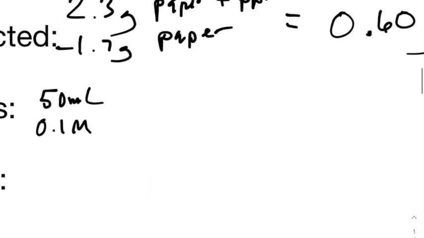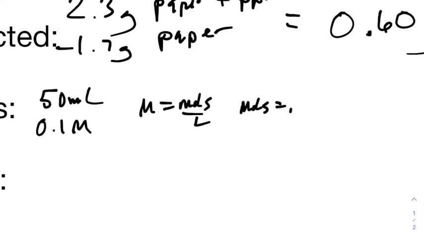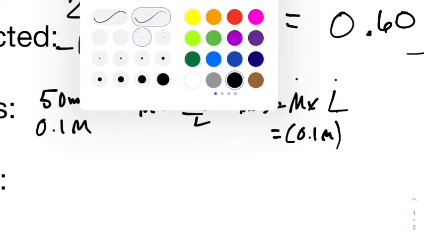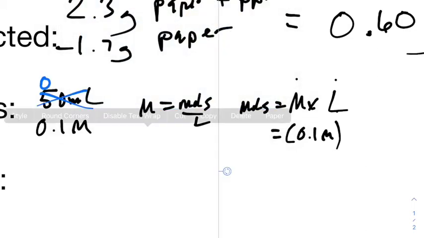That was our limiting reagent. So what we're going to do is use the equation molarity is equal to moles over liter, or moles is equal to the molarity times the liters. So all I need to know is the molarity and the liters, and I'm set. Well, I've got the molarity, that's 0.1. And I need to know the liters. Well, I have the liters, I just have them in milliliters. So that's easy enough to fix. I'm just going to change that to